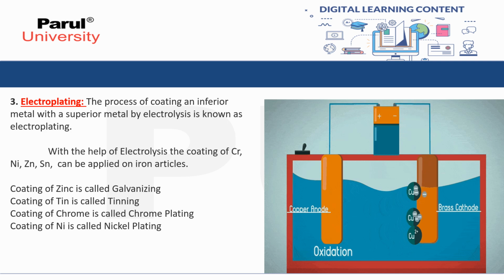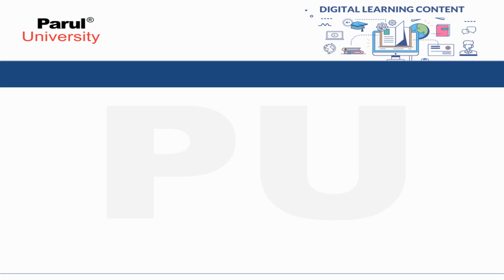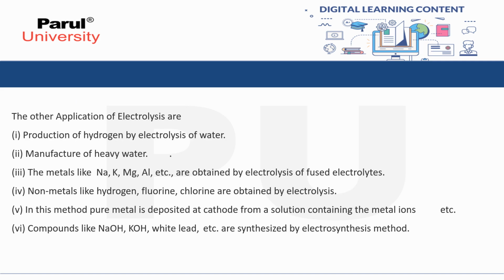Similarly, if there is a coating of zinc, then it is called galvanizing. If there is a coating of tin, it is called tinning. If there is a coating of chrome, it is called chrome plating. And if there is a coating of nickel, it is nickel plating. The other applications of electrolysis are production of hydrogen by electrolysis of water, manufacturing of heavy water, the metals like